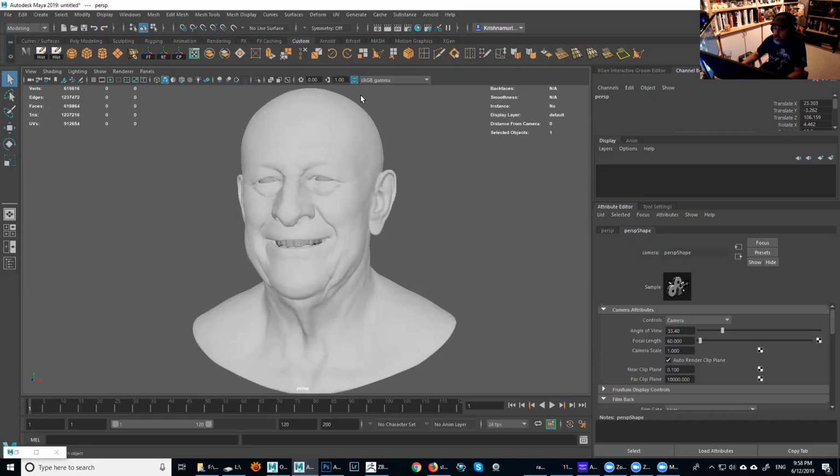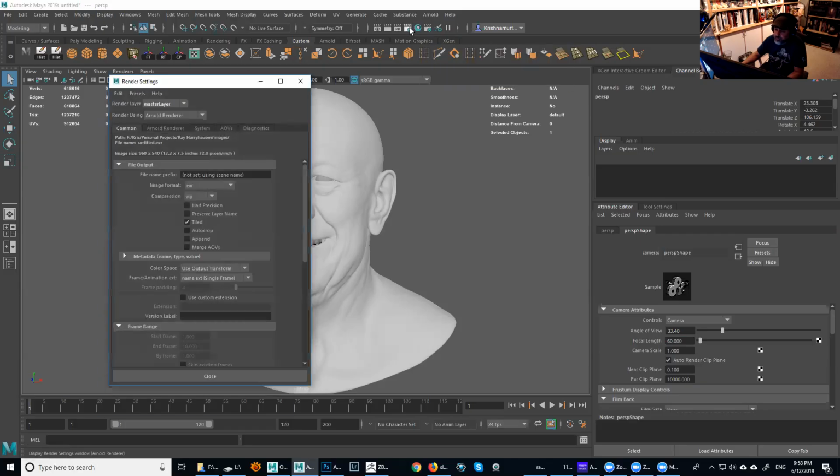So first, let's go through the settings in here for rendering. I'm going to click this little button here, display render settings. First off, I'm just going to put a name in here. I'm going to call it Ray A. Every single new render I do from this point on is going to have that name inside of that folder. I already went through this entire thing, so you're going to go faster this time. You can watch the first video where we were talking about that.